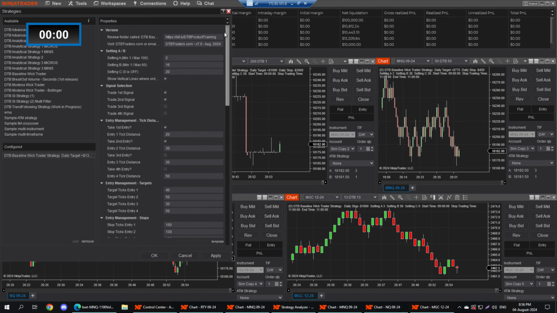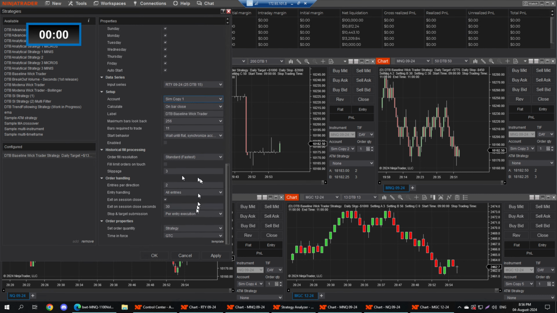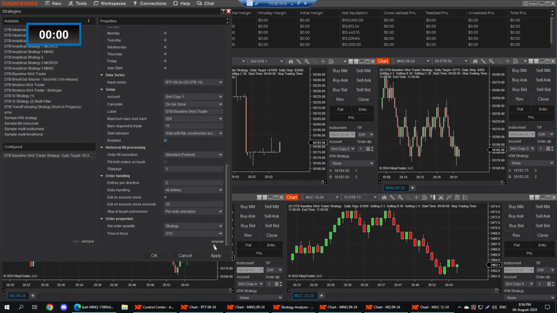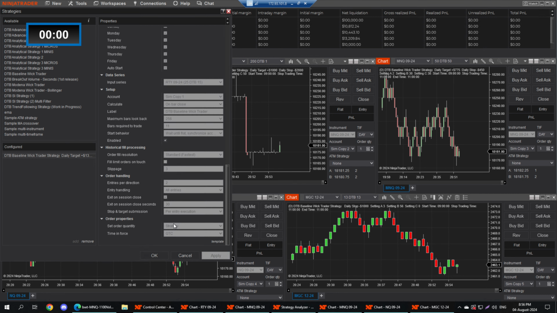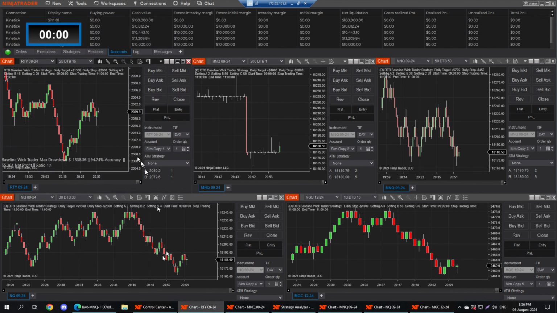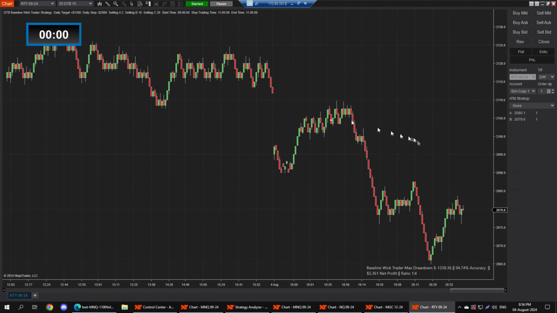Okay, so while we are loading this, I'm going to just load this one. I'm going to click on enable, apply, and okay. So all you have to do is load the template, choose your account, click enable, apply, and okay. Just do that. And once you've done that, you'll be able to see your chart. Now, if you look at your chart,